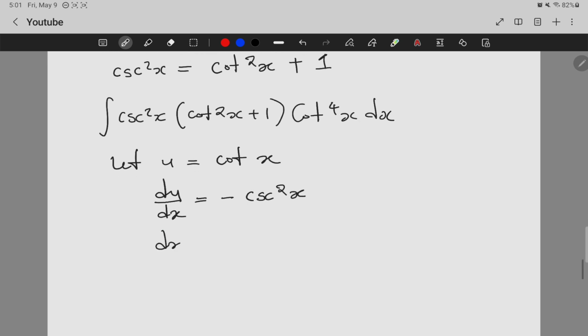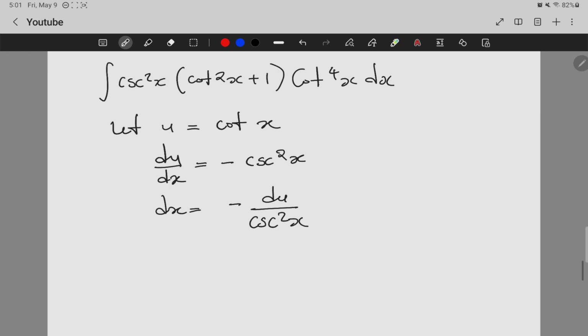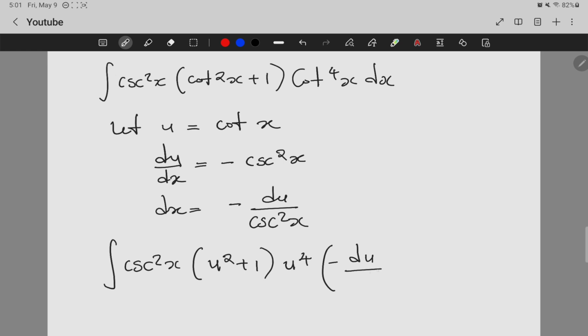So from here, dx will be equal to negative du over cosec squared x. When we perform our substitution, we're going to have cosec squared x. Where we have cot, we're going to have u, that is squared. And then we have cot again, so that will be u, but now to the power 4. Then we have dx, which will be minus du over cosec squared